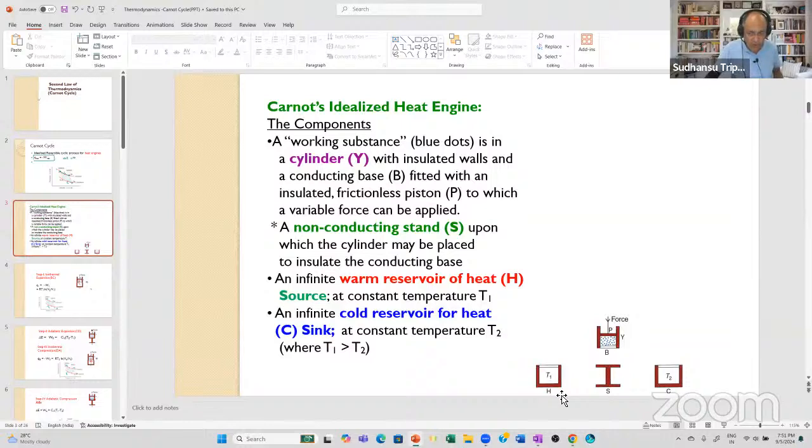And this is the hot source at a higher temperature T1, and this is the cold sink at a lower temperature T2, and this is an insulating stand. When the system will be standing on this insulating stand, all the sides will be insulated, and it will be really